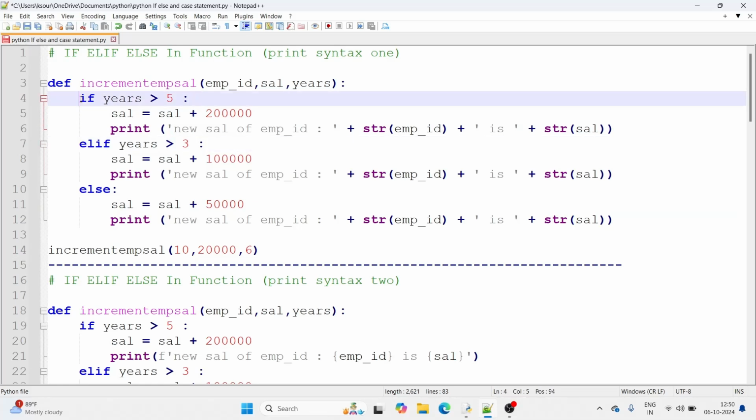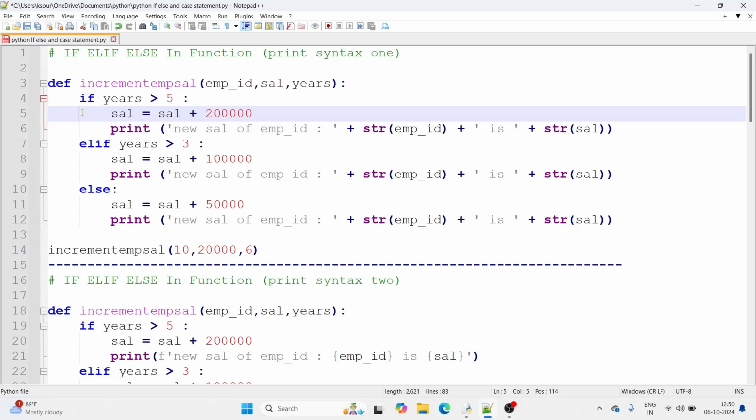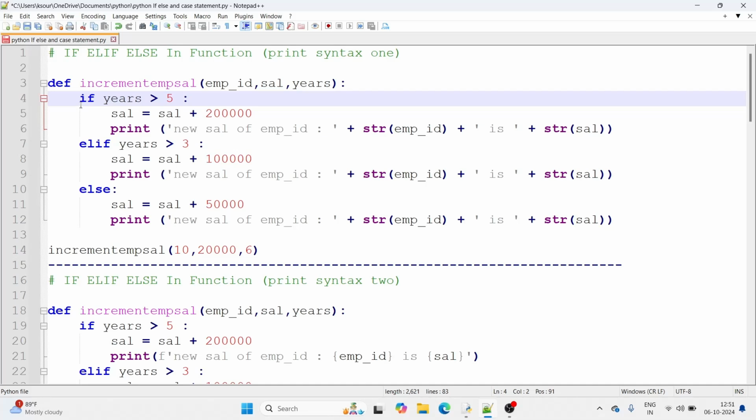Even inside the if block, the body starts from here, so there's a one tab difference between the if keyword and the body in the next row. All the if clauses are in one straight line. So in Python, indentation is very important. You have to keep all your code in a formatted manner,